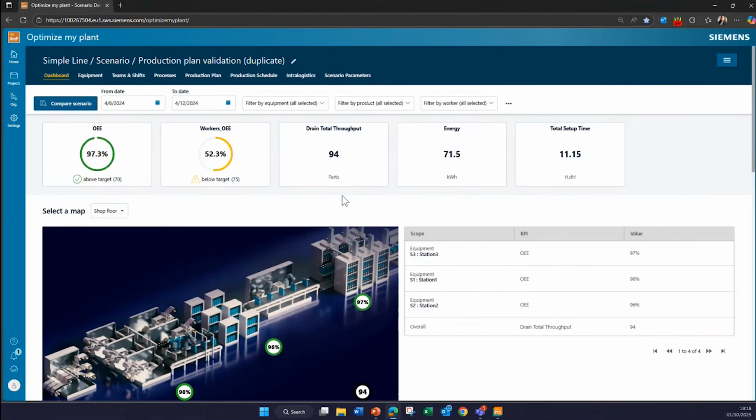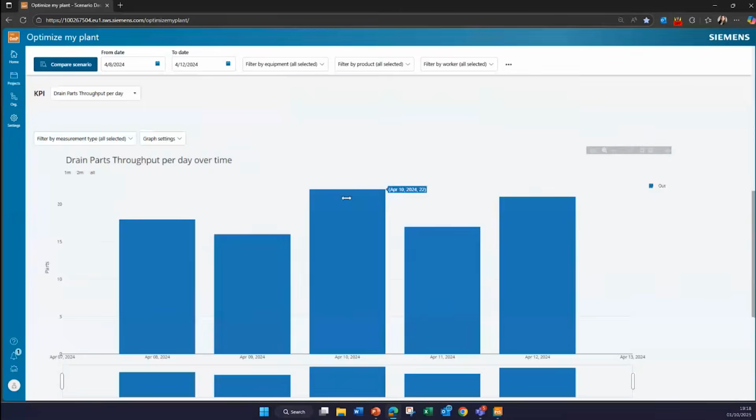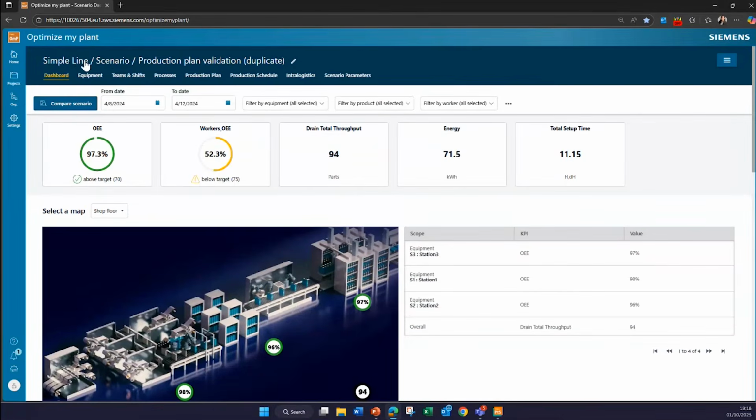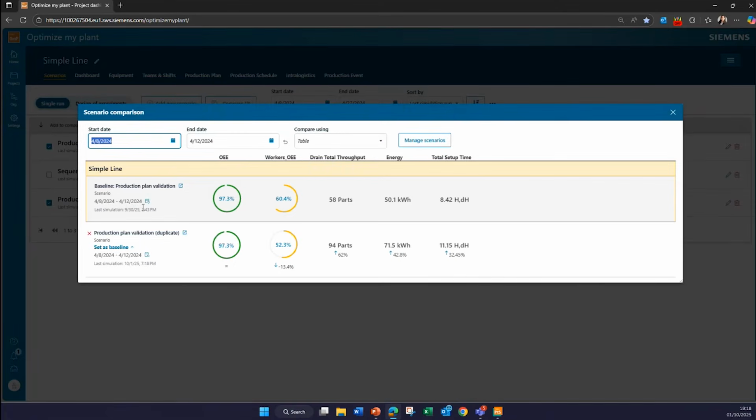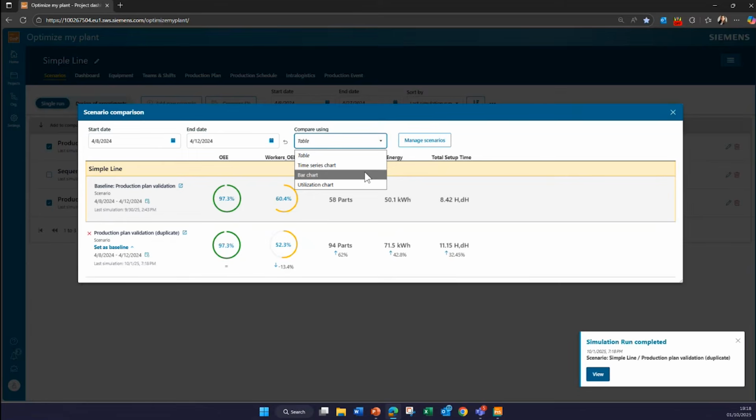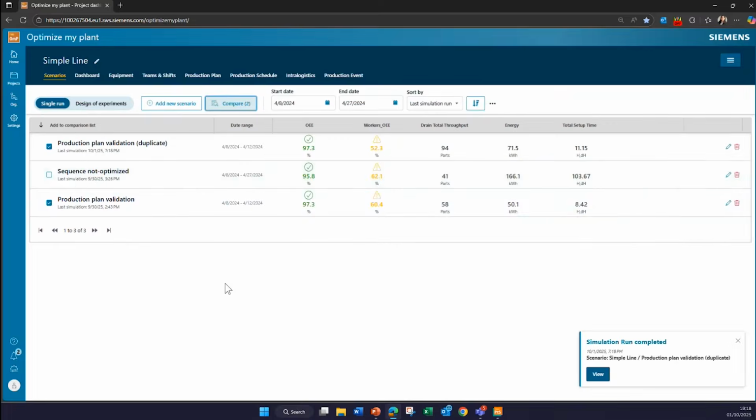Okay, so this is the scenario I played again, and we can probably go to the dashboard. As I mentioned, there are also advanced comparison capabilities for you to compare the results within the different scenarios that you create. And it doesn't stop there. Instead of playing what-if scenarios, you can also use the optimization tools.